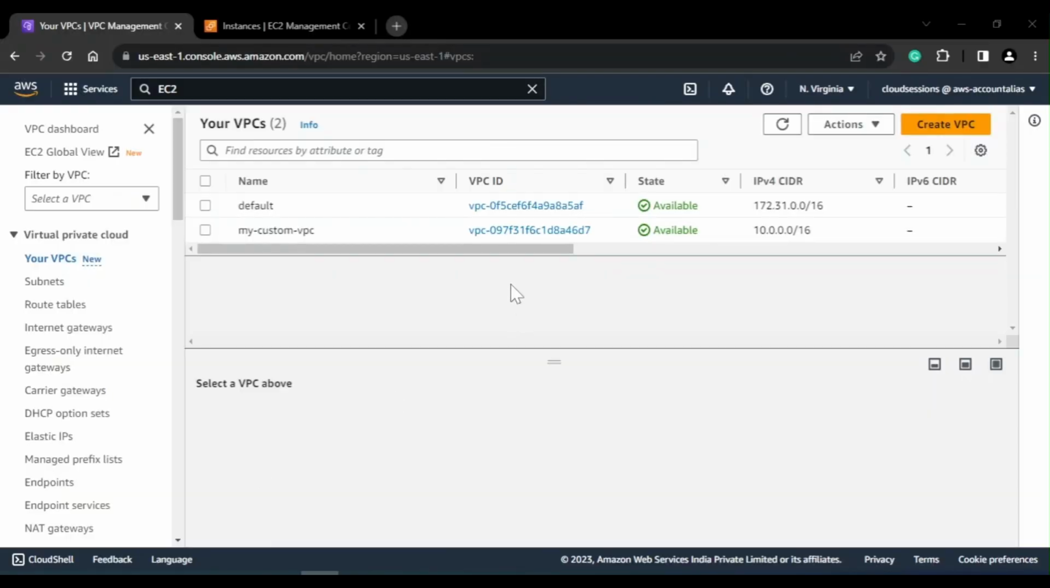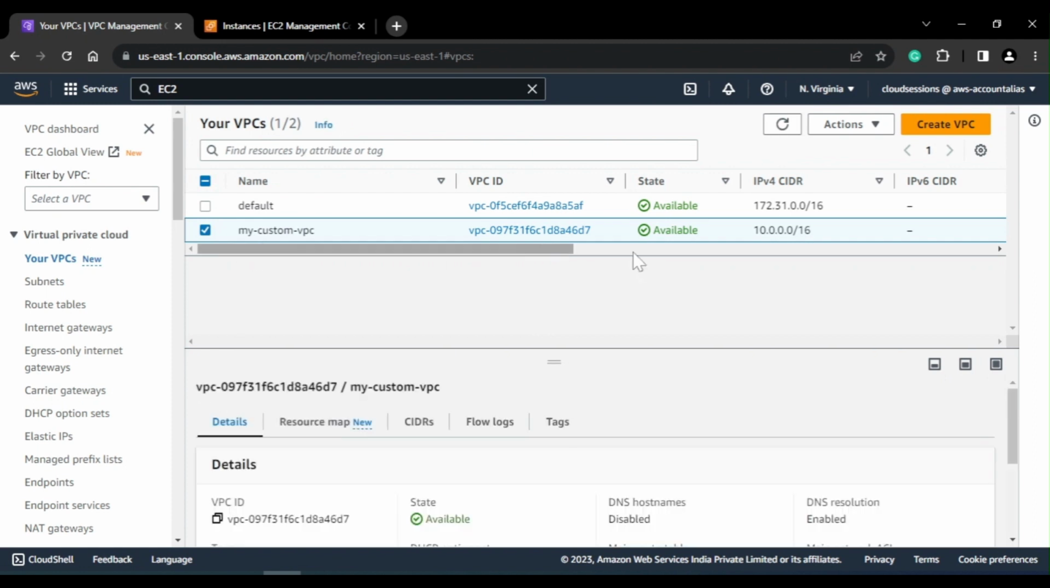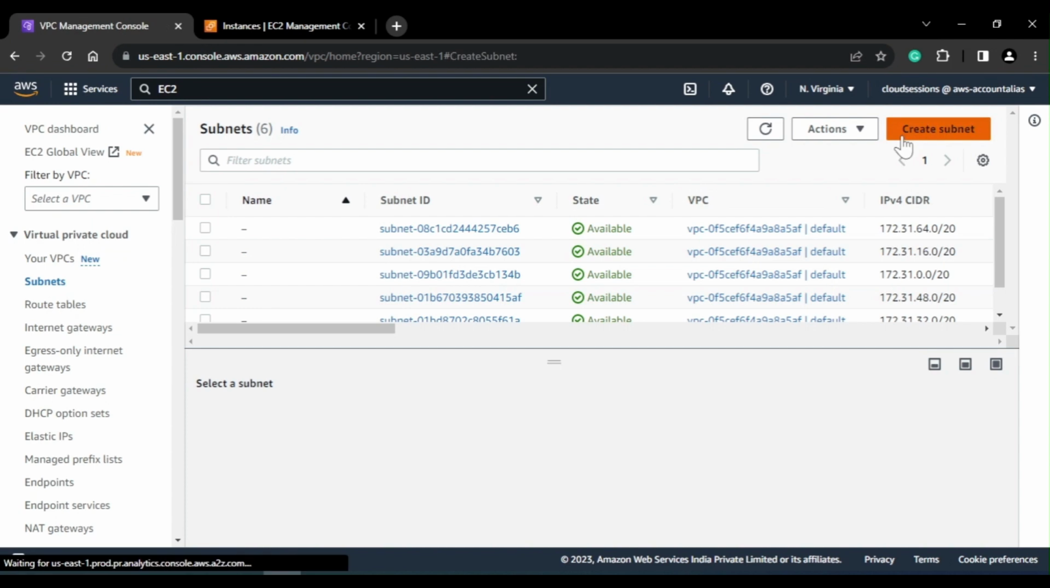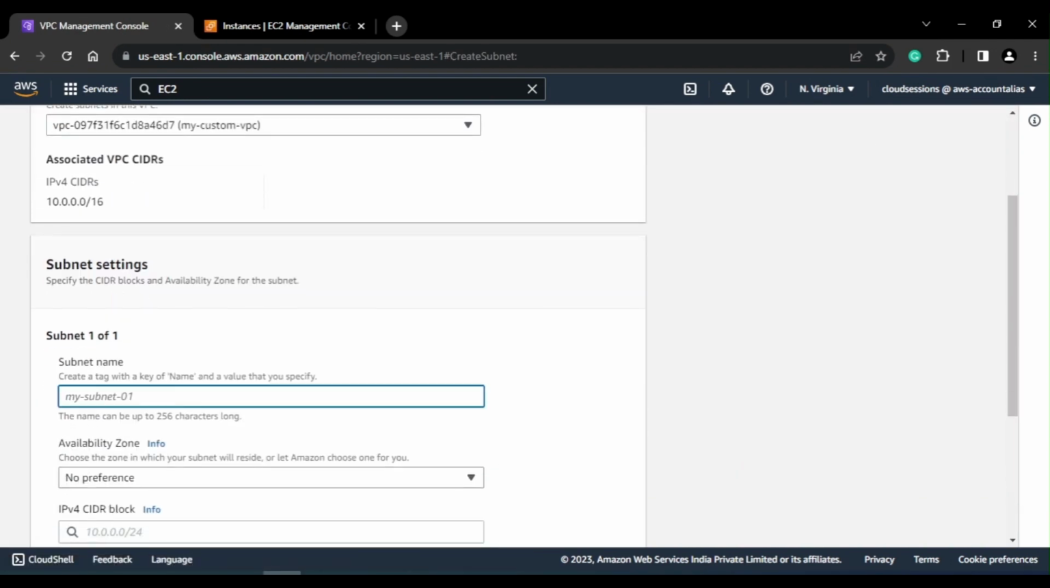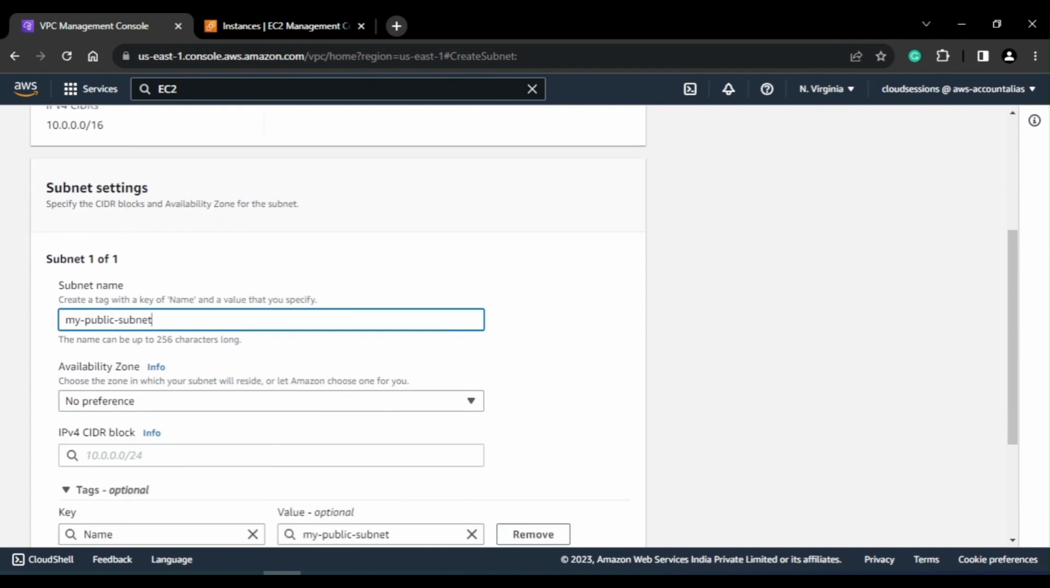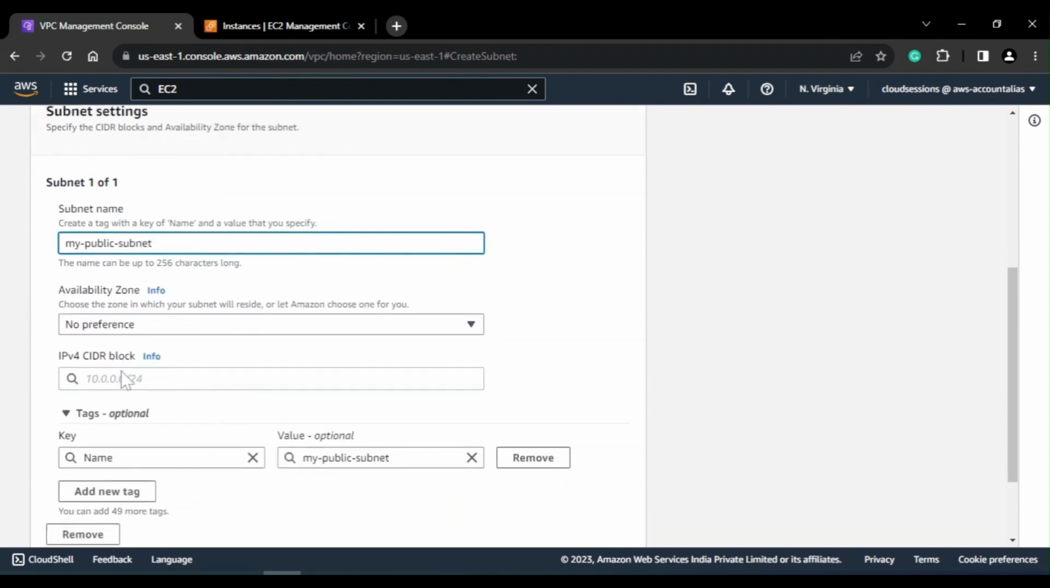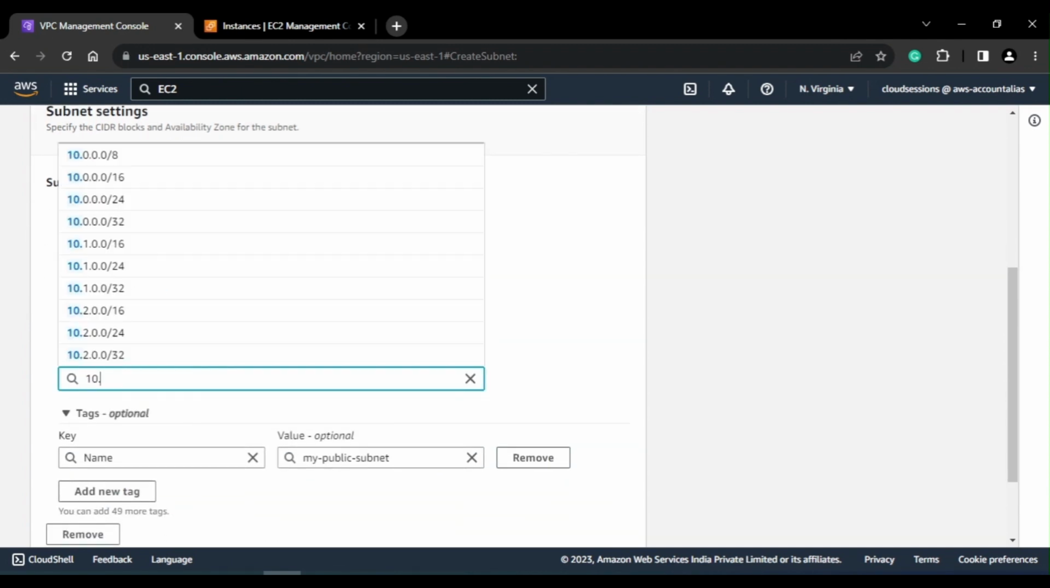So here is my AWS console. Here we have a custom VPC that has been created. Now I'll create two subnets in this VPC. I'll select my custom VPC here and I'll create two subnets. I'll call this my public subnet because I'll be attaching an internet gateway to it. I don't have any preferences for AZ, so I'll just